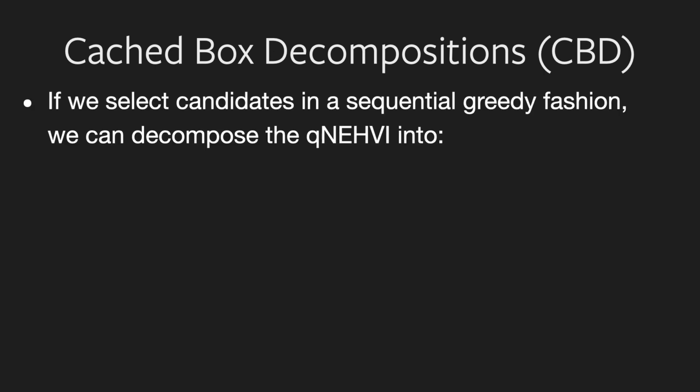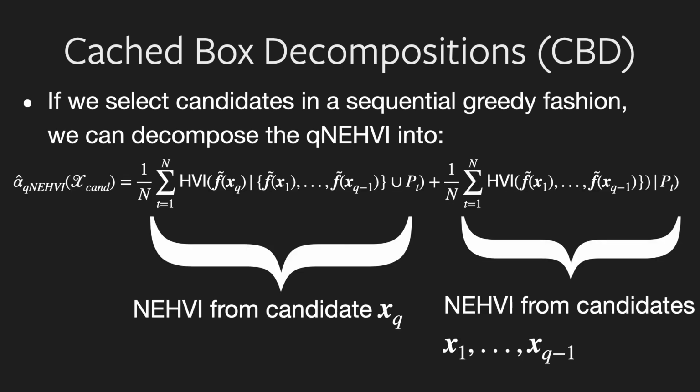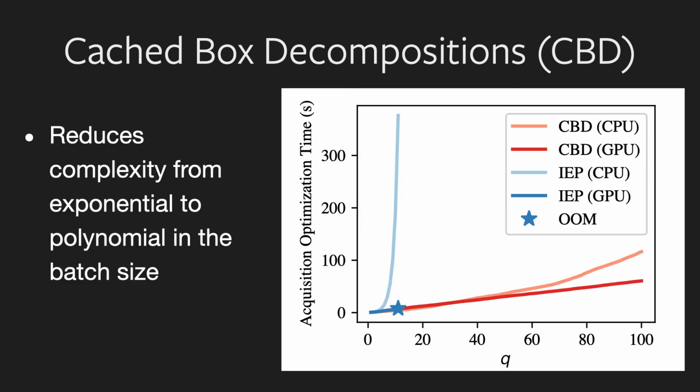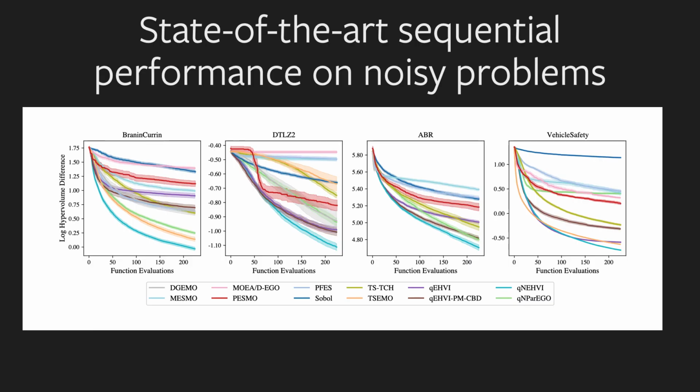If we select candidates in this way, we can decompose the joint noisy expected hypervolume improvement into the noisy expected hypervolume improvement from the new candidate and the noisy expected hypervolume improvement from the previously selected points. This term on the right is therefore a constant, and we only need to compute the incremental noisy expected hypervolume improvement. This reduces the complexity from exponential to polynomial in the batch size, enabling NEHVI to scale to the large batch regime using CBD. We demonstrate that noisy expected hypervolume improvement achieves state-of-the-art performance on a variety of sequential and